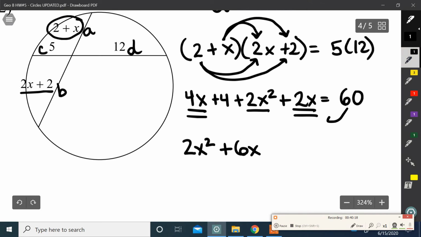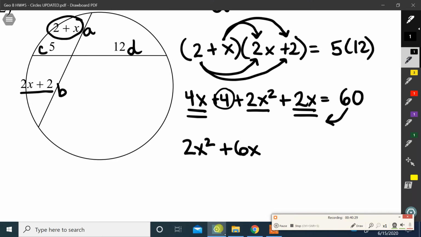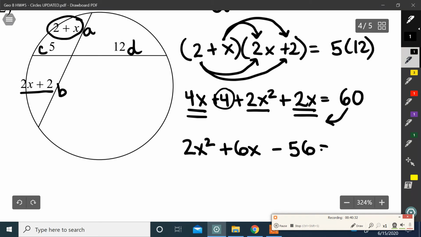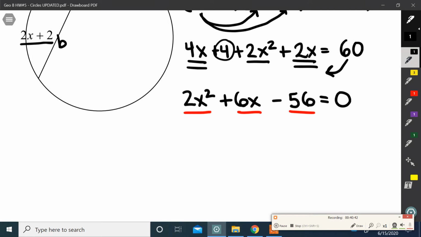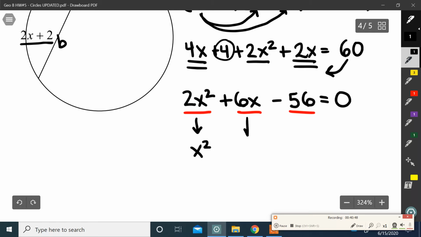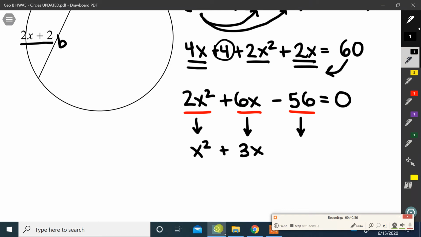And then let's bring this 60 over to that side. And I'm gonna subtract it with this 4. So 4 minus 60 is gonna be negative 56. Is equal to 0. Notice that those are all even numbers. Okay, since they're all even numbers, I'm going to divide all of them by 2. So here's what I get. I get x squared, and I divide by 2, 3x, and this one, 56 divided by 2 should be negative